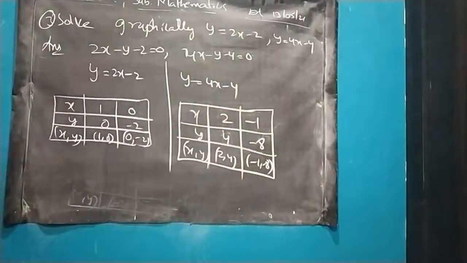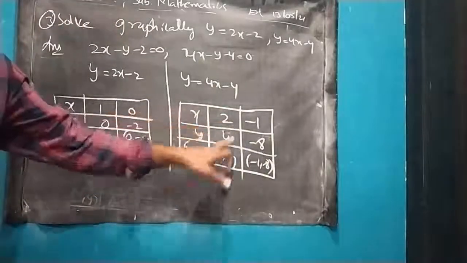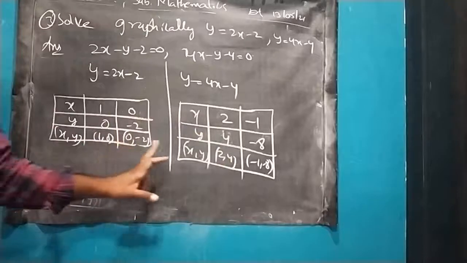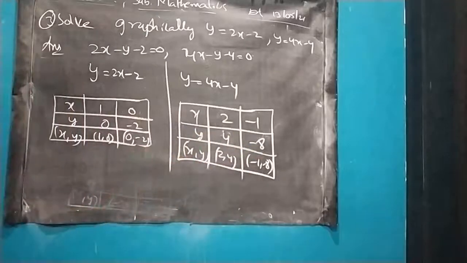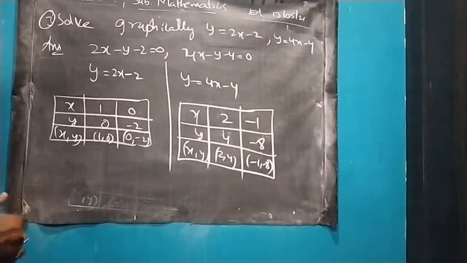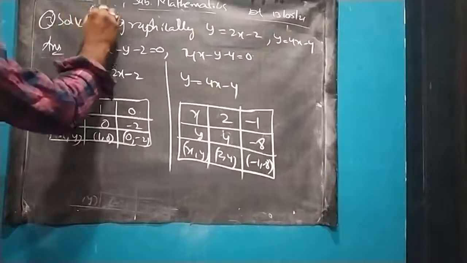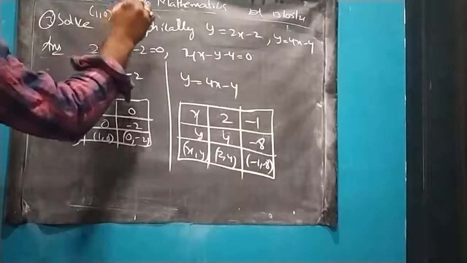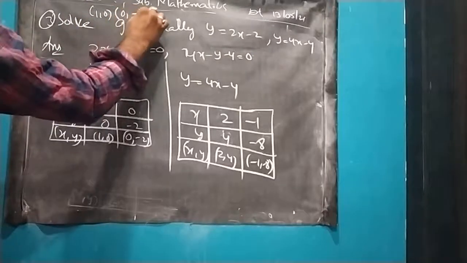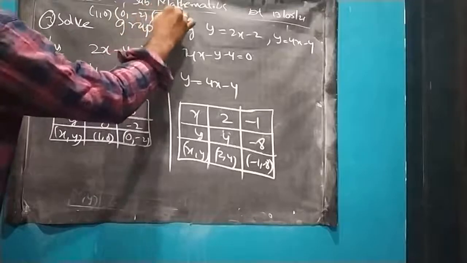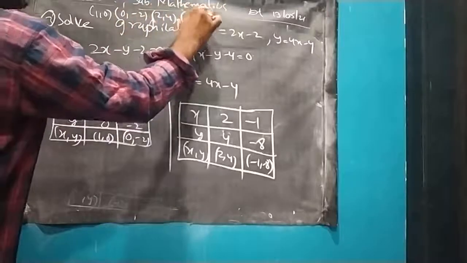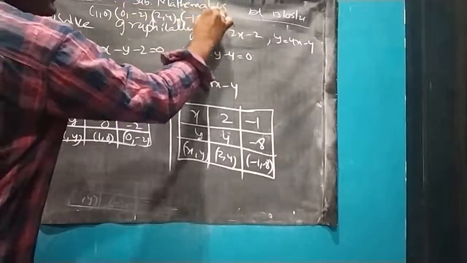I have deliberately taken these; I could take 1 and get the same value, but I want to show you that if the 4 points are different, how we know that we have to plot intersecting lines. So what are the 4 points? The first point is (1, 0), let me write on the top. The second point is (0, minus 2). The third point is (2, 4). The fourth point is (minus 1, minus 8).